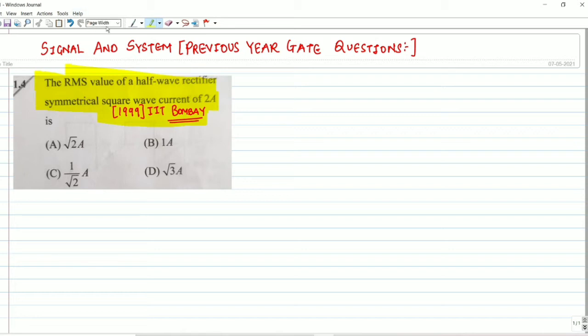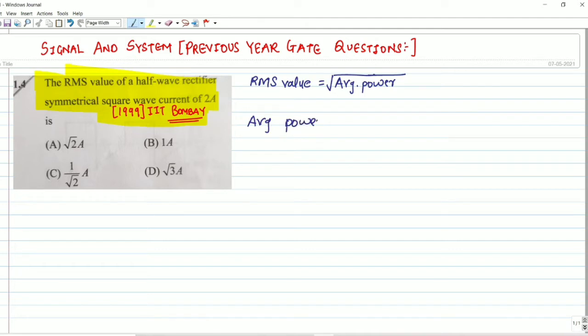First of all, I am going to revise what the RMS value is. RMS value is nothing but the square root of average power. This formula was discussed in my previous video, which is question number 3. So if you have to find the RMS value, first solve for average power, then take the square root. Understood? And let me revise what average power is.